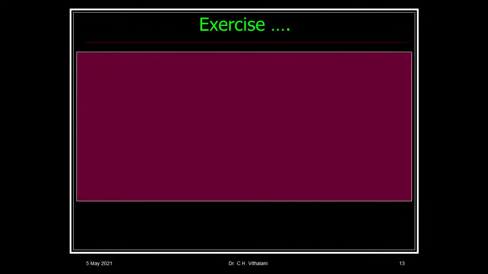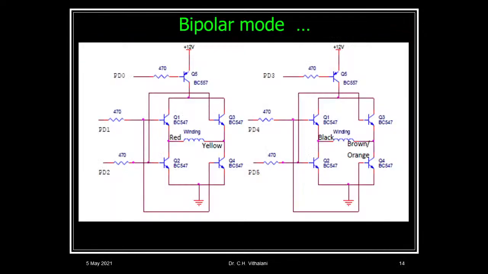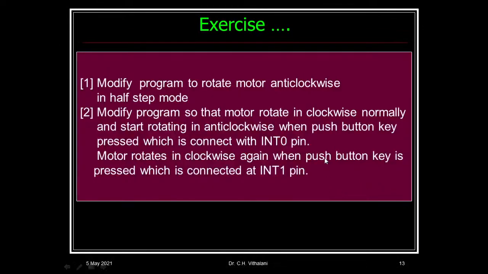I hope this exercise is very clear to you. Now, the program I showed you here was only for full step mode. So you have to write the program for half step mode yourself, right? What you have to do is make some modification. Instead of sending those 4 sequences, now you have to send 8 sequences. So try to modify that program yourself, and if you find any difficulty you can ask me during our next live session.